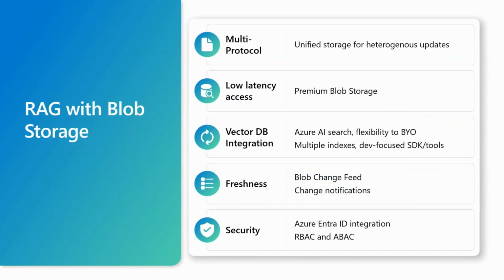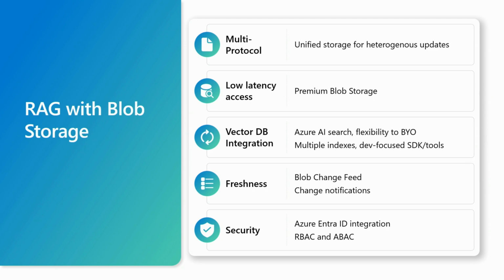So summarizing what blob storage has today that you can use to be able to enable RAG very effectively on our platform, multi-protocol, which Vamshi talked about, allows you to get that data, process it through various analytic engines. Low latency access is something that we enable with a feature called Premium Blob Storage. It's a premium SKU of blob storage. It's been around for a while, since 2019. It's backed by SSD and allows for consistent low latency access, super critical for that quick retrieval when you're deploying